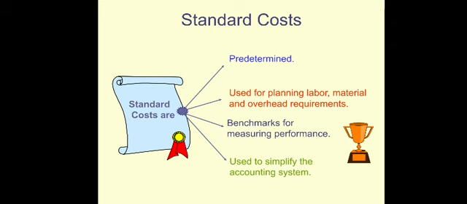And then standard cost can be used as a benchmark for measuring performance. Like for the cupcake, my example is one cupcake, the total standard cost is $3. So how can you use that standard cost to measure performance? At the end of one accounting period or one accounting month, you can compare the actual cost and the standard cost. Let's say the standard is $3 cost per cupcake, but when you actually produce the cupcake, you found that the cost to produce that cupcake